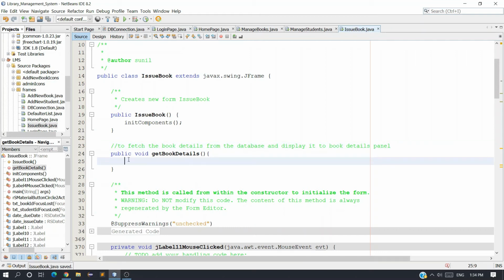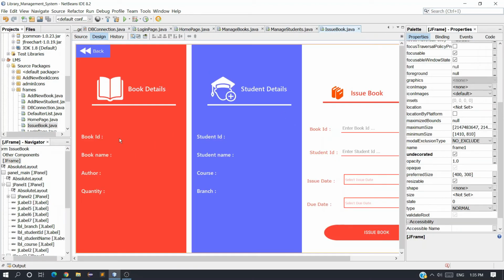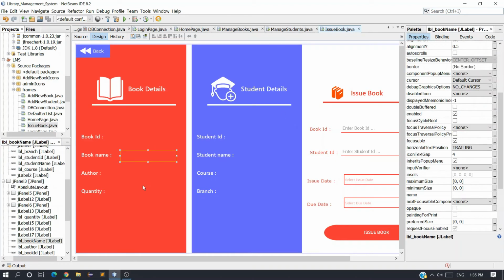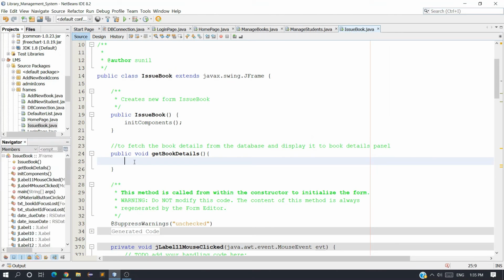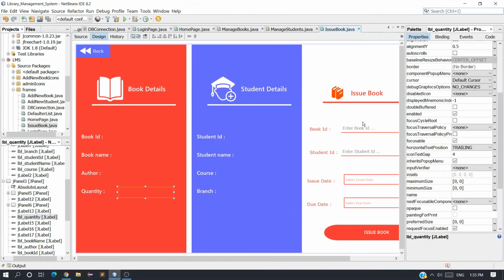And what we are going to do in this method is, we are going to fetch the details from the database and display them on these labels which we have created, empty labels. And just let me fetch the book ID from this text field.